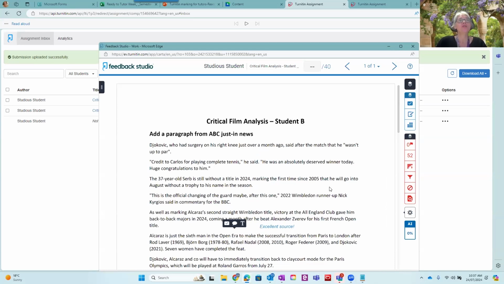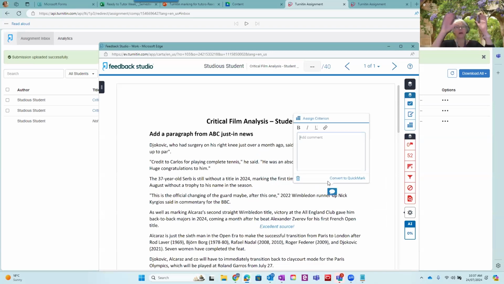All right. You can also click and then choose the middle one, the bubble comment. Now, the bubble comment will open up more options for you. So that's why we encourage you to use the text comment for really short, sort of micro level feedback on particular parts of the text. The bubble comment you can do a lot more with. So